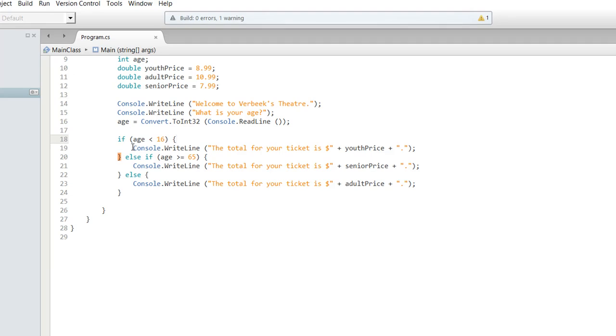So if the age is less than 16, then Console.WriteLine, the total for your ticket is, so we put a string here, we concatenate with the variable youthPrice up here, and then we concatenate it again because after youthPrice we need a period. So then we have a string here again enclosed in quotation marks. Closing the curly bracket for the if, and then we start our else if,